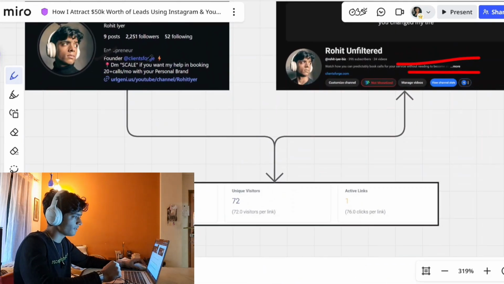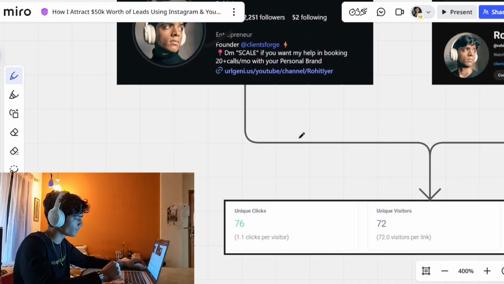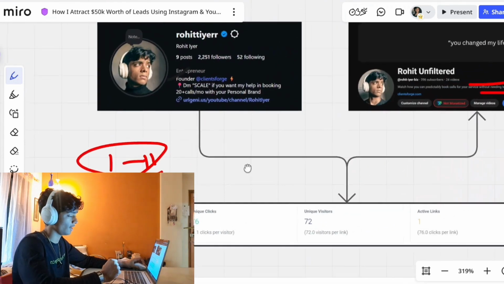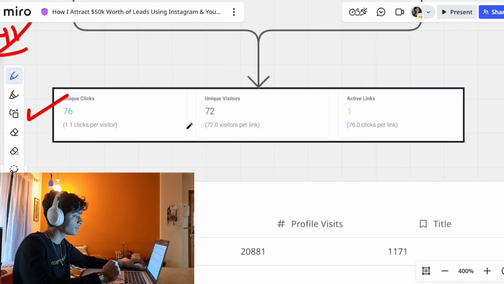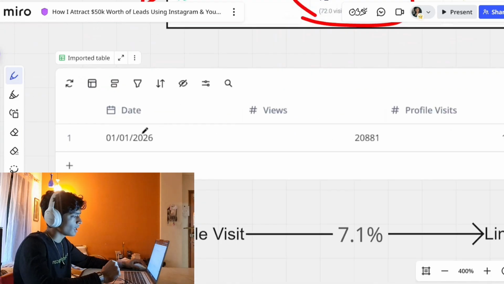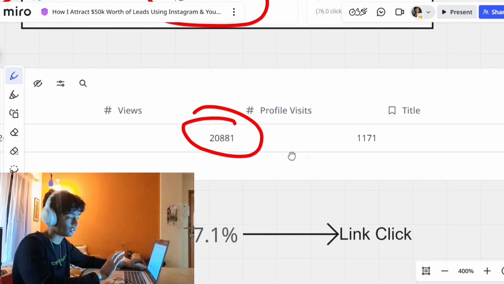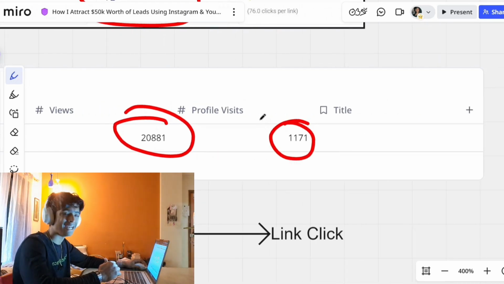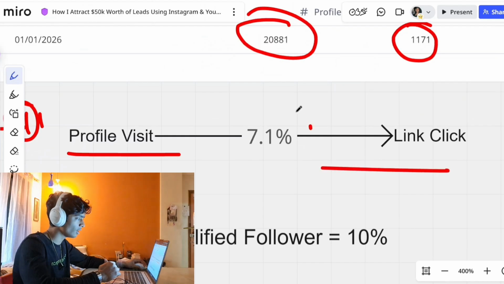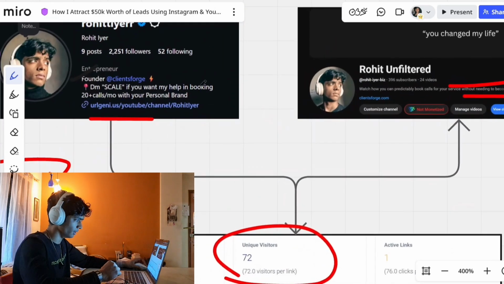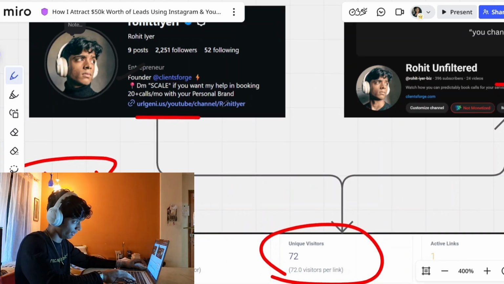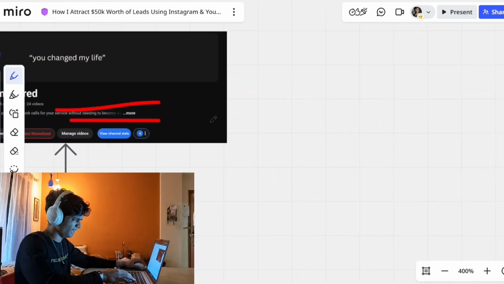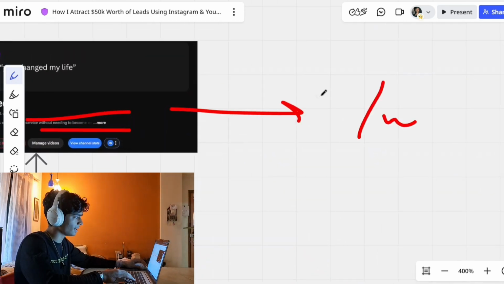Let me show you some data. These are the link clicks in the past 11 days, from the 1st of January to the 11th of January. I've got 76 unique clicks, 72 unique visitors. For this exact week, I've had about 20,000 views, and that's all I've had. I've got 1.171k profile visits. That means a profile visit to link ratio of 7.1%. That means 7% of people who see my videos for the very first time and visit my Instagram profile click on this link. So per week we get about 70 people